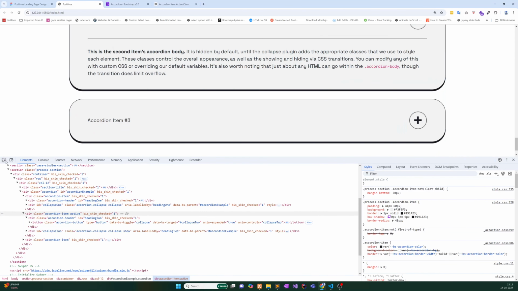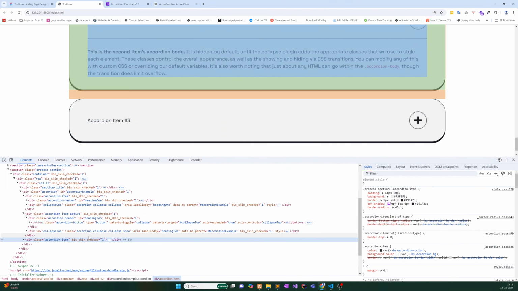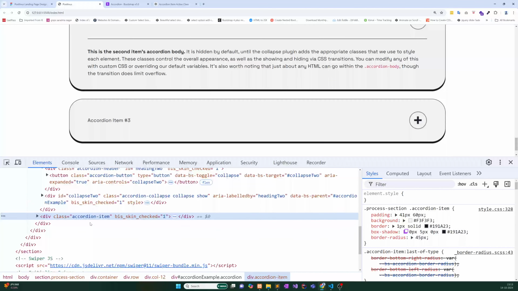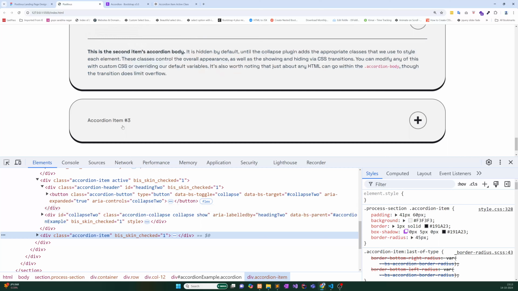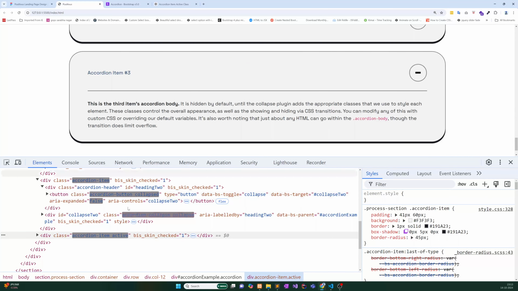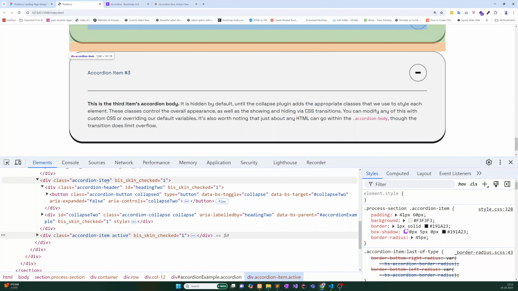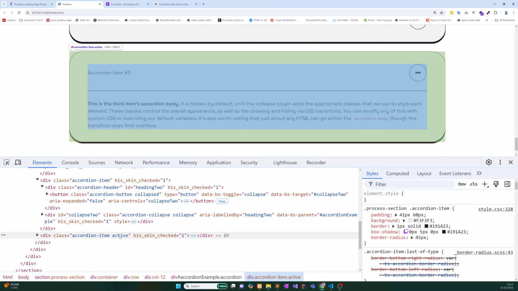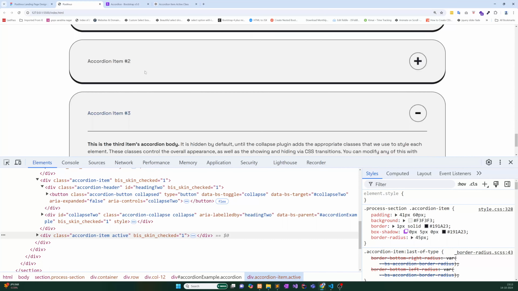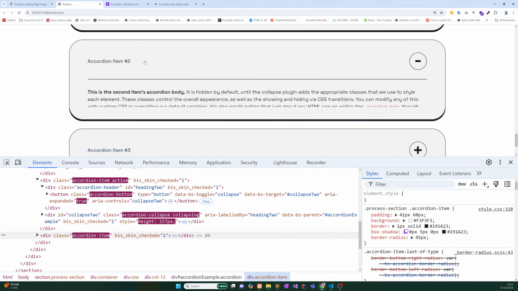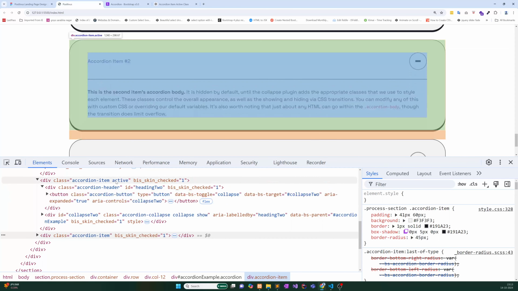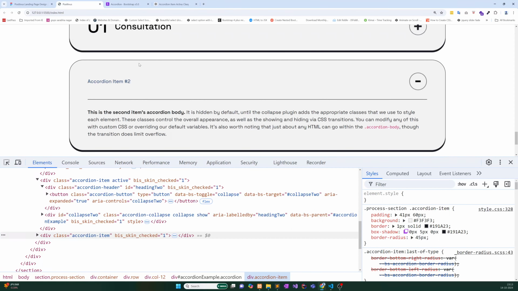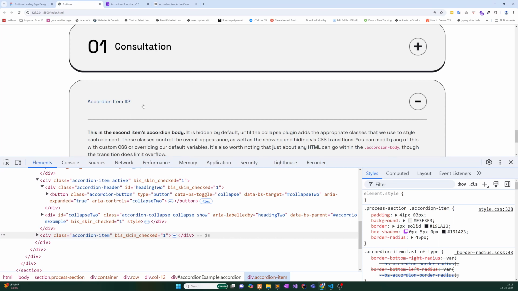Now let me show you here. Here we have the accordion item. When this one is opened, you see the active class from here is removed, and here the active class is added. Let me show you here. Click here. Here you see the active class is now removed from here and added to here. Okay. Now we will